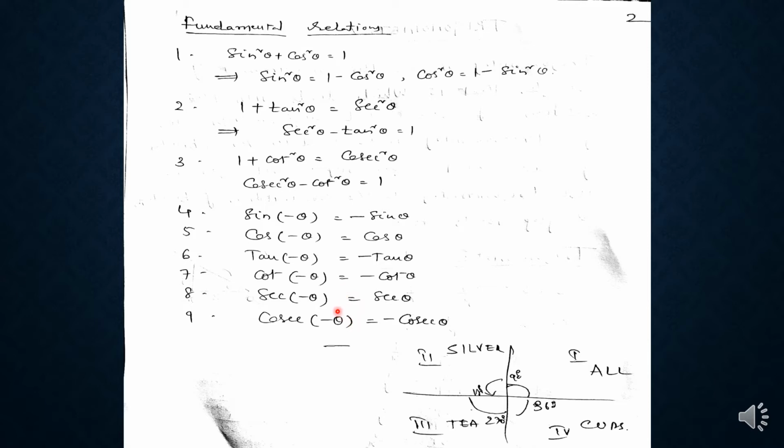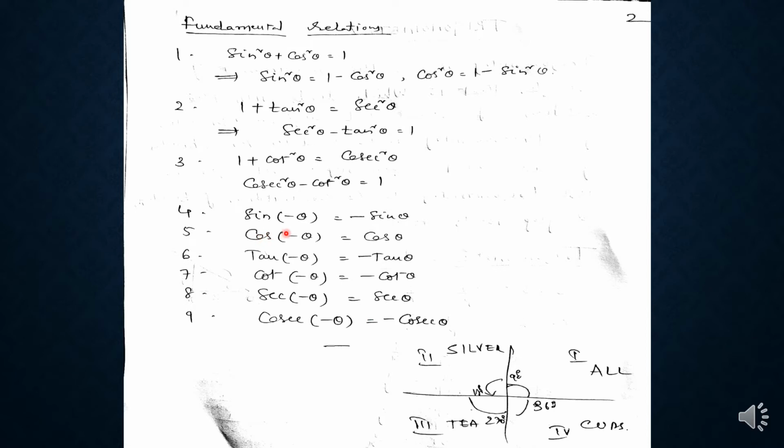The trigonometrical ratios of allied angles. What is an allied angle? The angles whose sum with theta or difference from theta is a multiple of 90 degrees are called angles allied to theta. Thus the angles minus theta, 90 plus or minus theta, 180 plus or minus theta, 270 plus or minus theta, 360 plus or minus theta are all examples of allied angles.